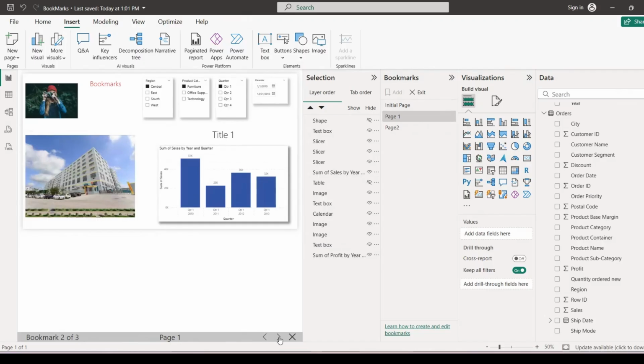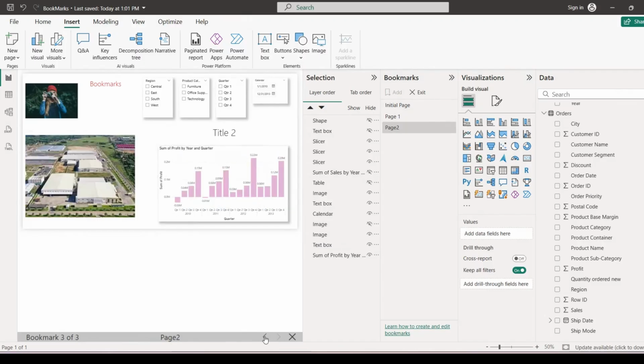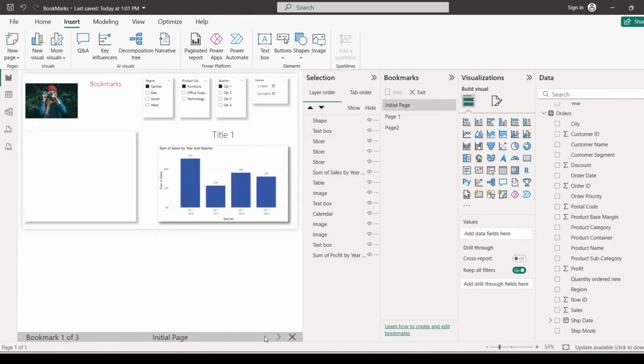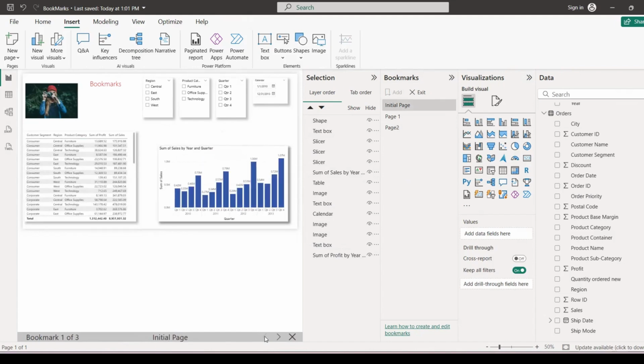So when we present data to our audience, we can just click on these arrows and change the image. Okay, another thing, if you want to exit, we can just click exit, and that's it.